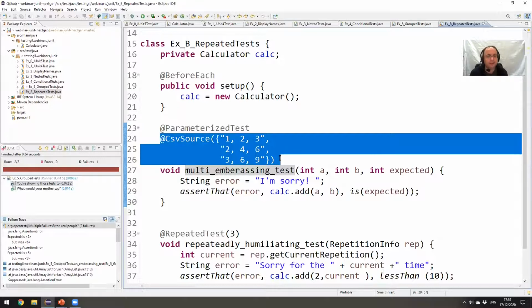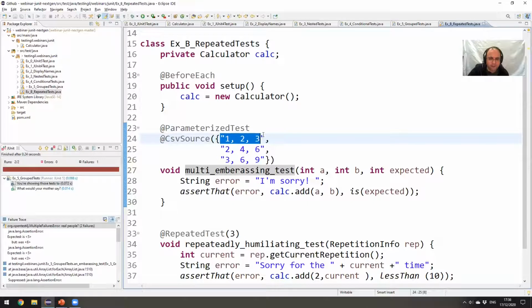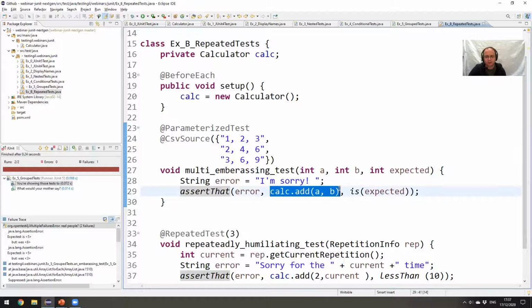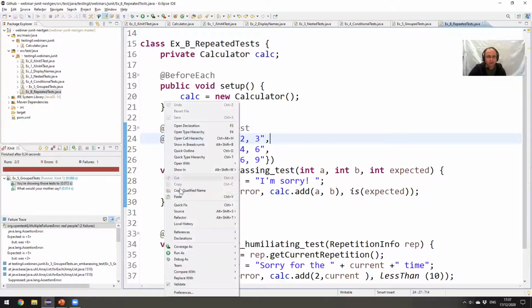I'm using here CSV source. CSV means comma separated values. So each set of 3 will be injected here. And you can see that this test asserts that calc.add of these 2 parameters is equal to the third one. Okay, so if I run this, let's run this,